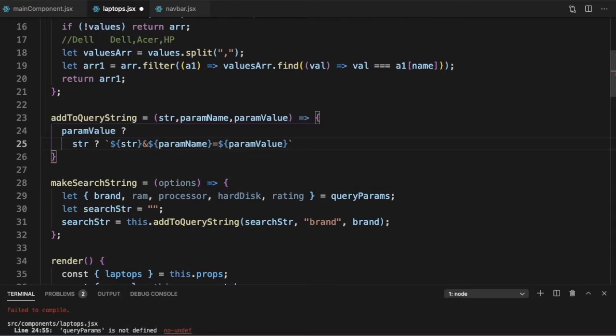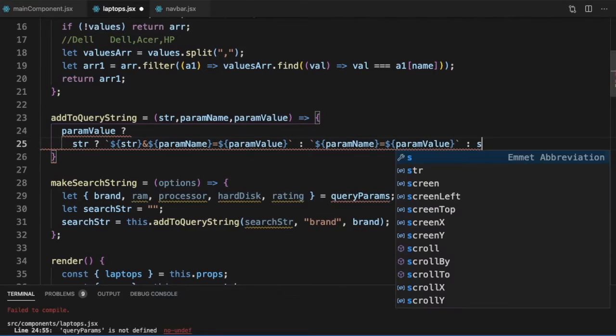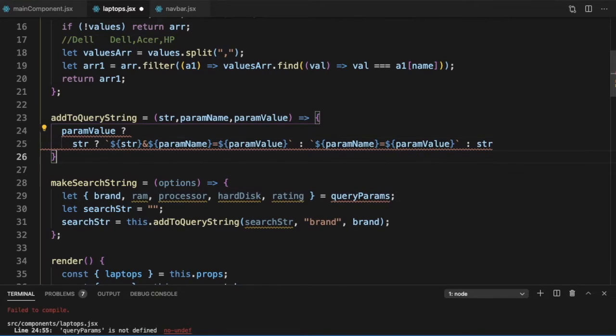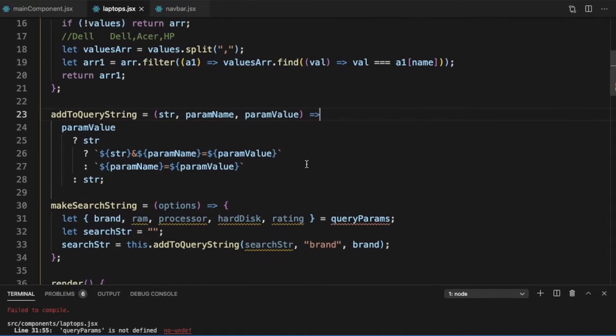This is what we will return. And if the string was falsy, we just need to do the same thing without the str and the dollar. And if the param value was falsy, we just return the string. So this is our addToQueryString.